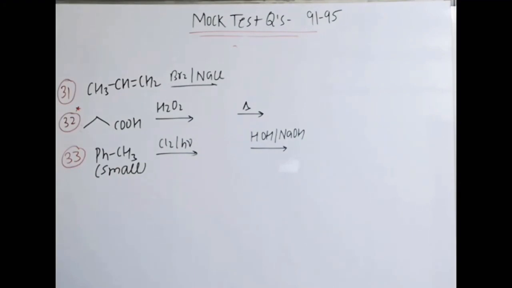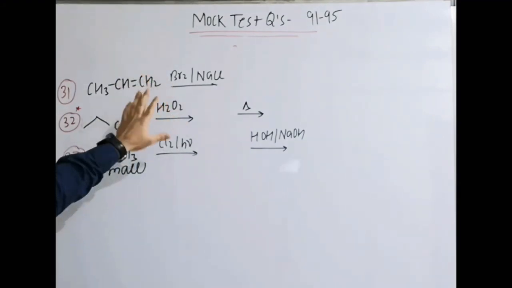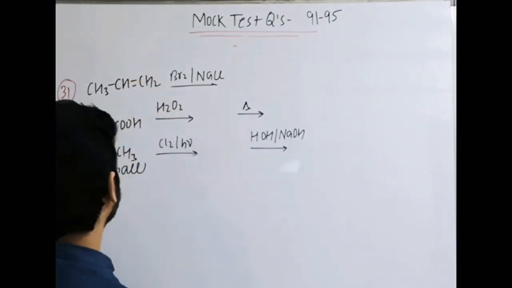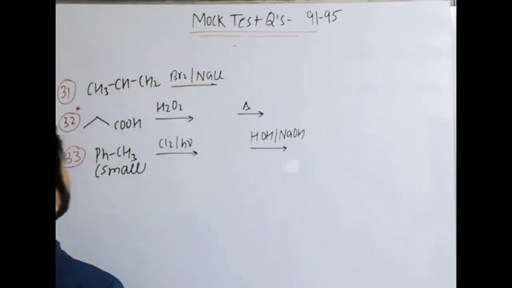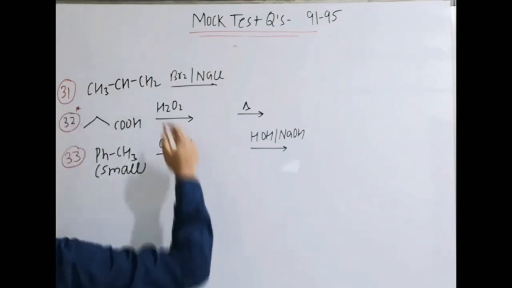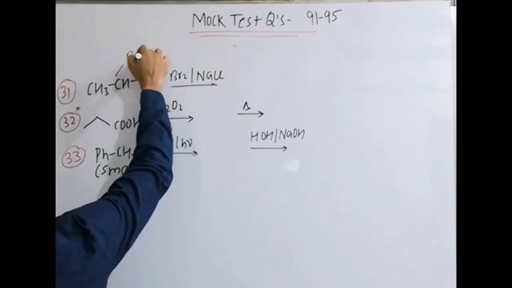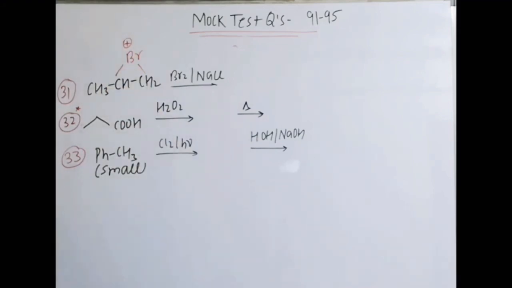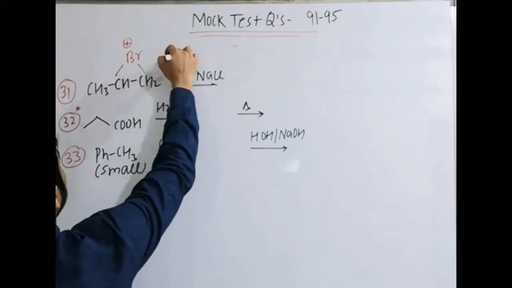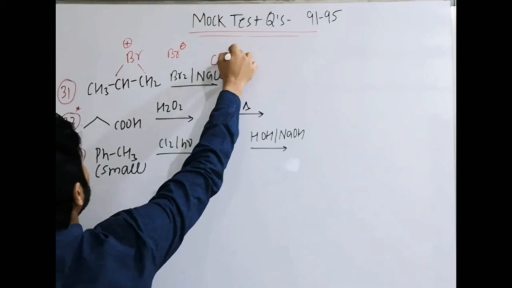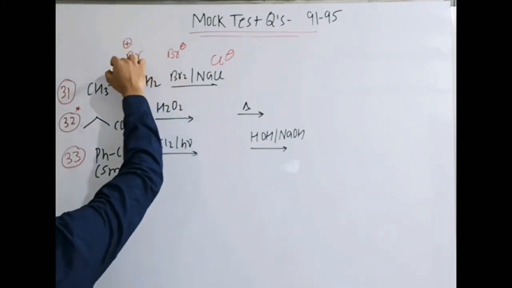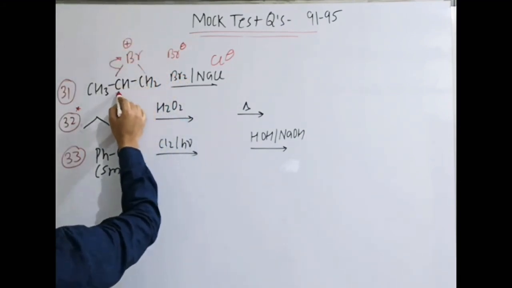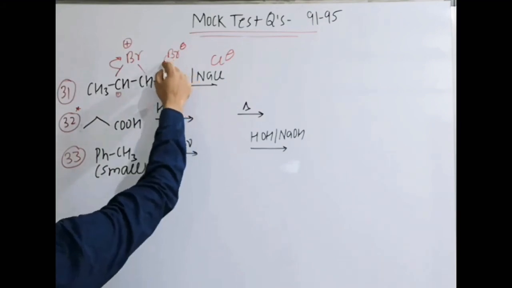So those questions we should cover here. Now going to question number 31, we have already done this question in the assignments. Okay, it is the same question. For the Br2 addition on the double bond, we know that from Br2 only Br plus electrophile will generate and a cyclic intermediate is formed, right? Then one is Br plus, the other will be Br minus, and from the solution a major amount of Cl minus is also present. Now we know that Markovnikov addition takes place, the positive charge will shift to this side, which is more stable here, and quickly the nucleophile will attack.